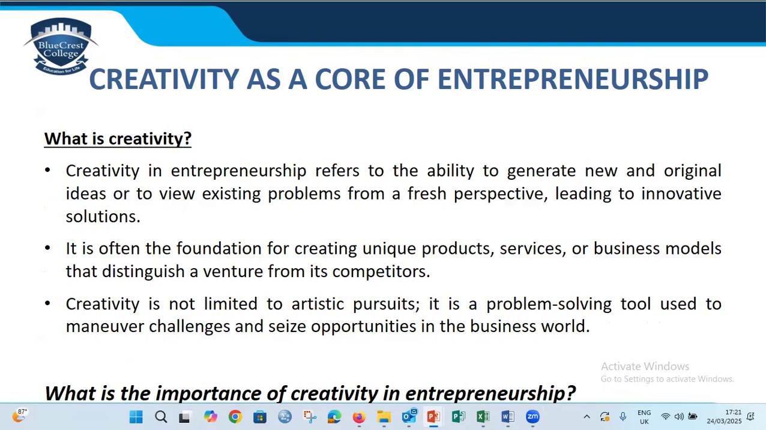So we look at creativity as a core of entrepreneurship, right? If we pick entrepreneurship, you cannot take out creativity. What then is creativity? Creativity in entrepreneurship,